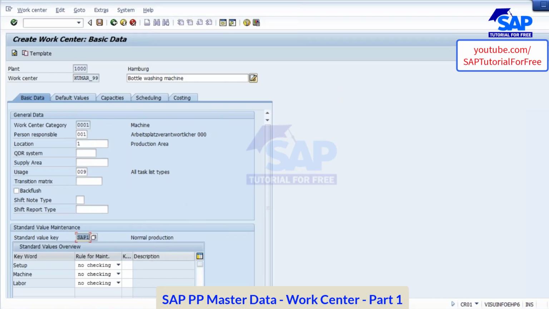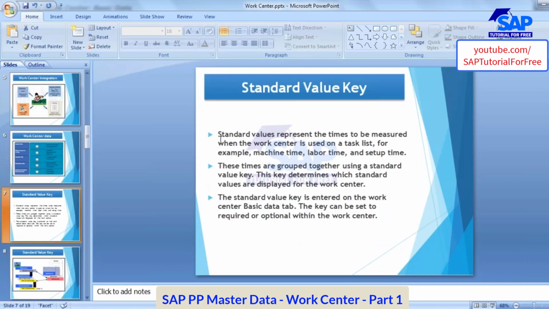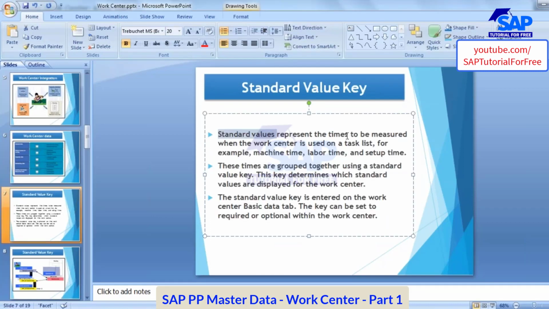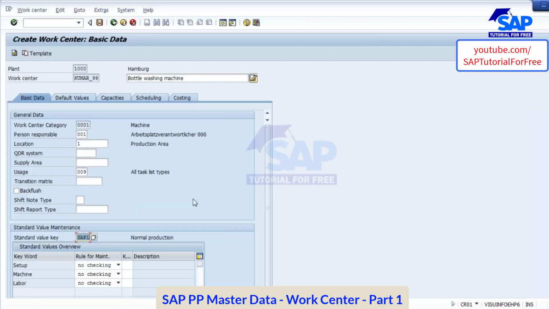Now the next one will be the standard value key. What is this standard value key? Standard values represent the times to be measured when the work center is used on a task list. So when you are using a machine in production, you want to measure some timings like machine time, labor time, setup time. Those things are mapped through this standard value key. These times are grouped together using a standard value key. Suppose if I delete this, see those standard values are gone. Now the moment I enter standard value key,